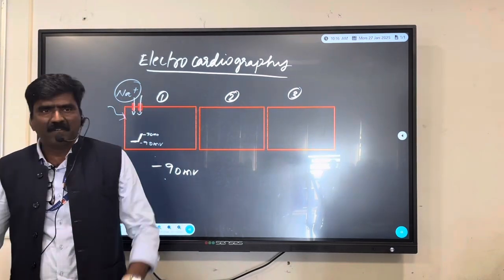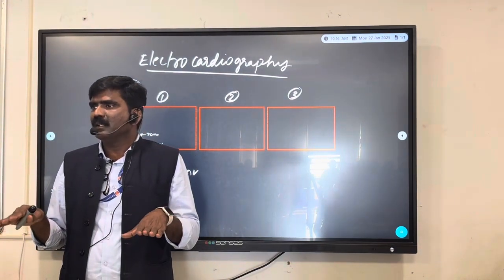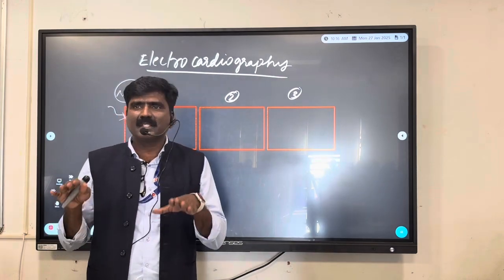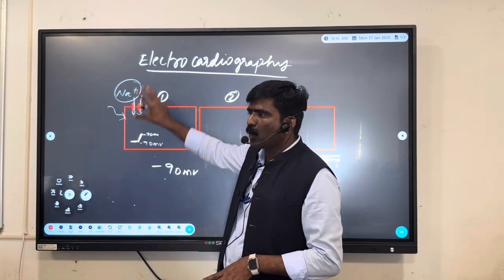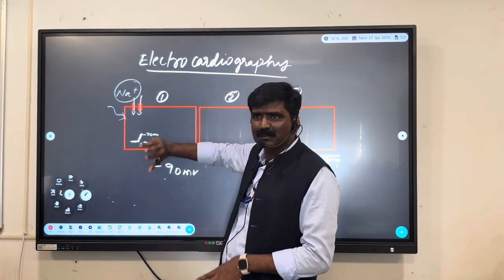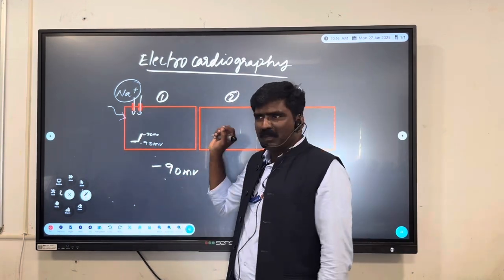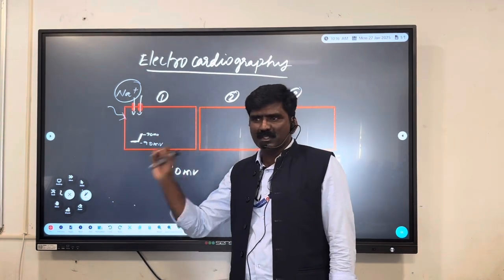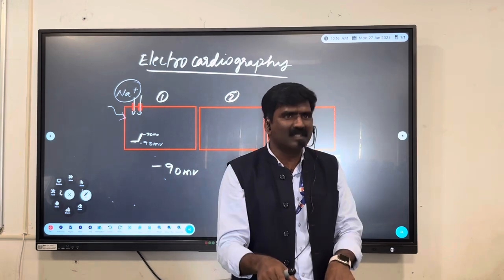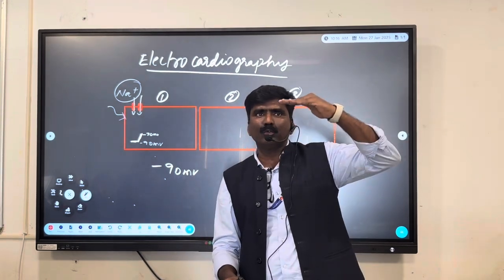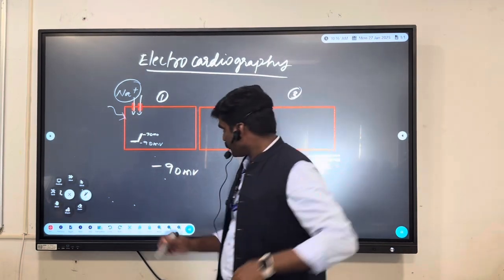Are you clear? First the cell is resting, that is minus 90 millivolt. What is minus 90? It is the resting membrane potential, the potential difference between inside the cell membrane and outside the cell membrane. That difference is minus 90 millivolt in a myocardial cell, right? When appropriate stimulation is given, some positive ions will enter the cell, taking minus 90 to minus 70. When it reaches minus 70, at this point